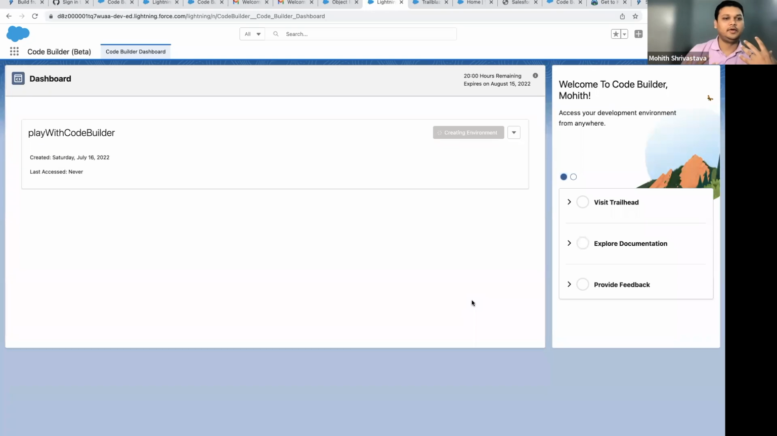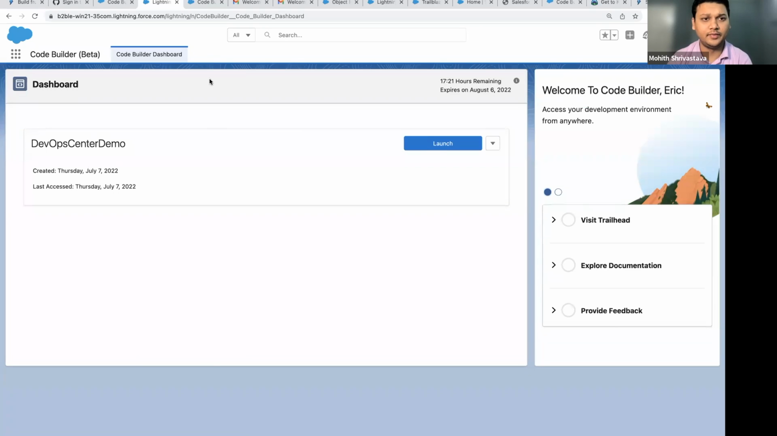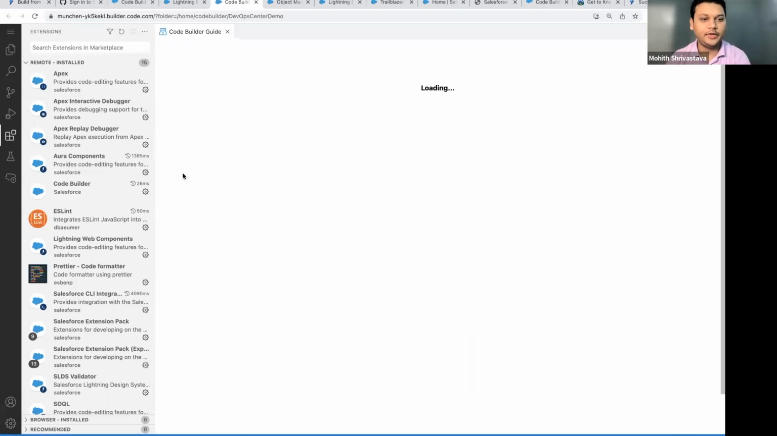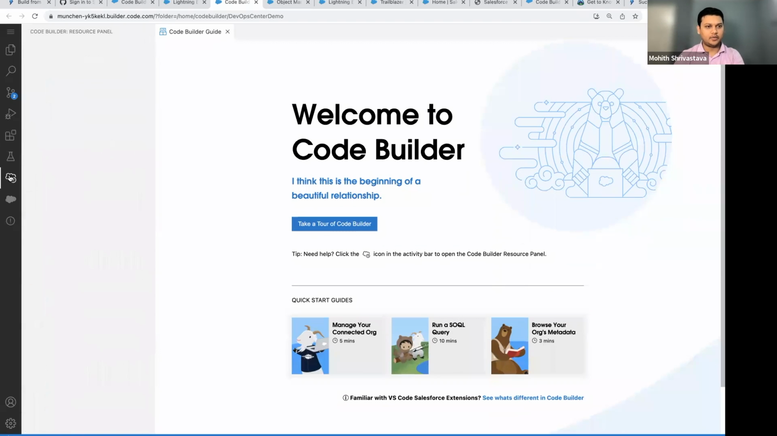So I was lucky enough to get into it. Code Builder instance or Code Builder dashboard sort of ready to go. When I click on this launch, so when your environment is ready, you will see this launch button. So here it's trying to reconnect. So yeah, we are in this Code Builder instance. Finally, it's up and running, right? So now what you can do here is, all right, if you see, we actually have this icon called Code Builder,